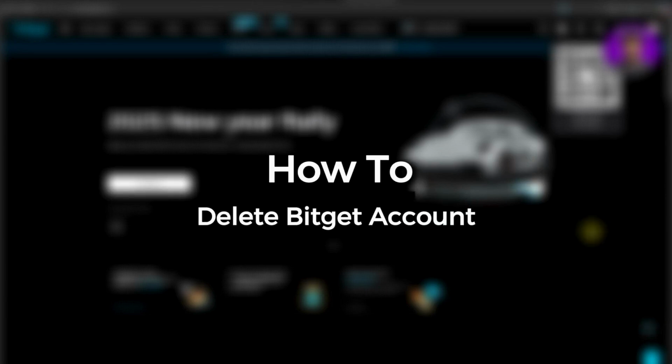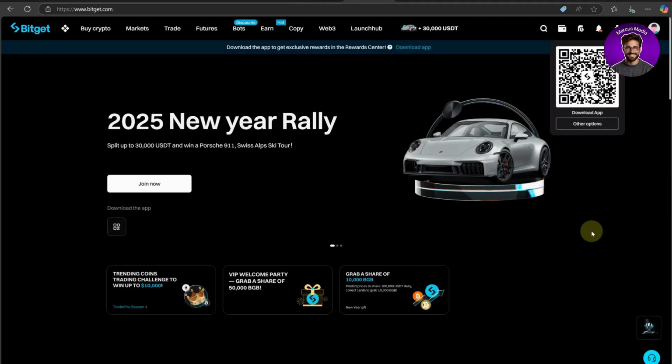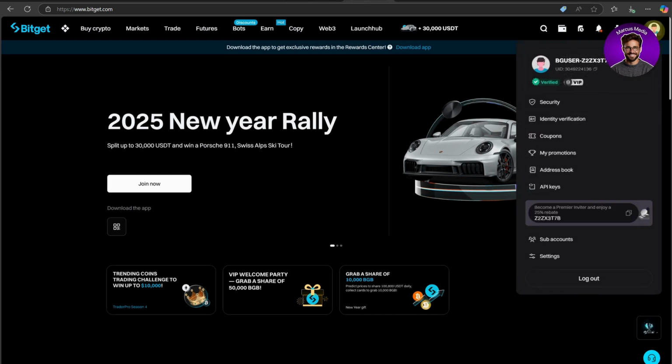How to delete Bitget account. First of all, open your Bitget application on your device. Once you open the app, make sure to log into your account. If necessary, after signing in from the main homepage, go ahead and tap on the profile picture appearing at the